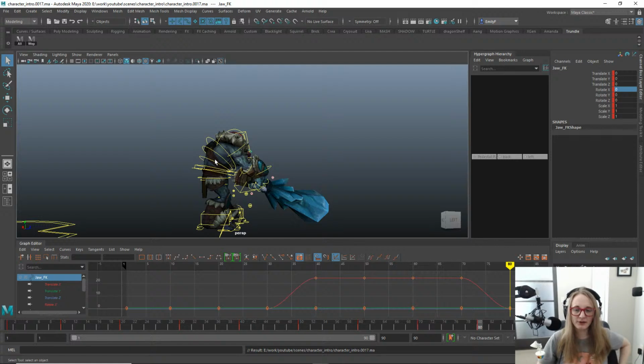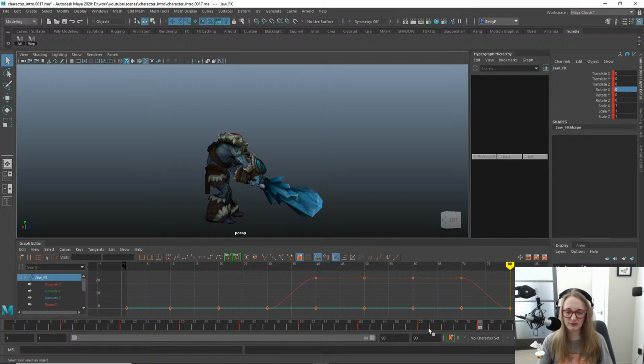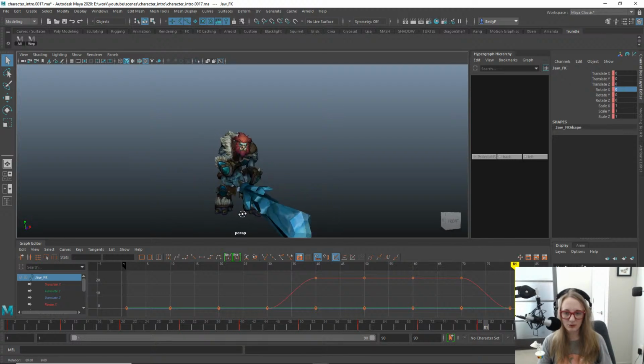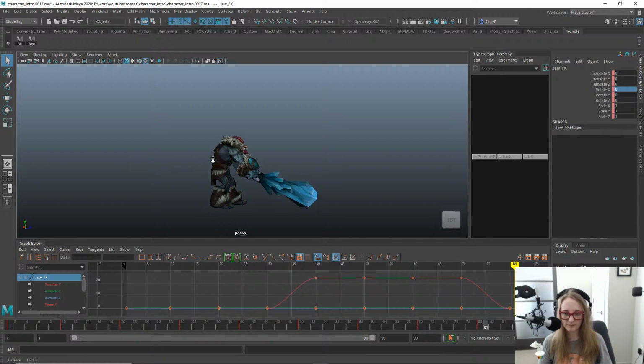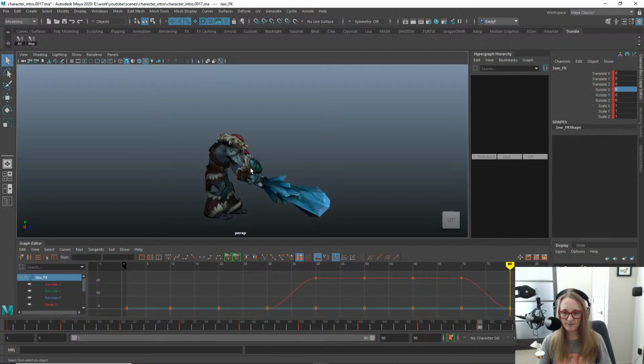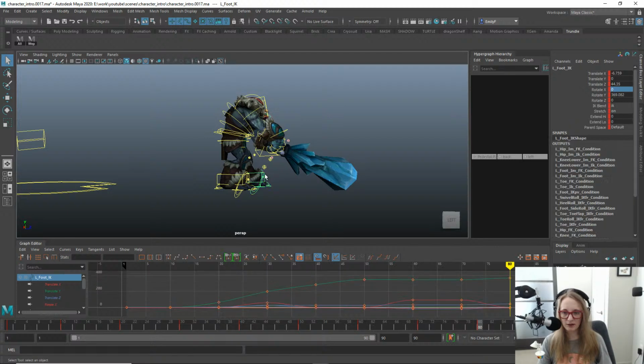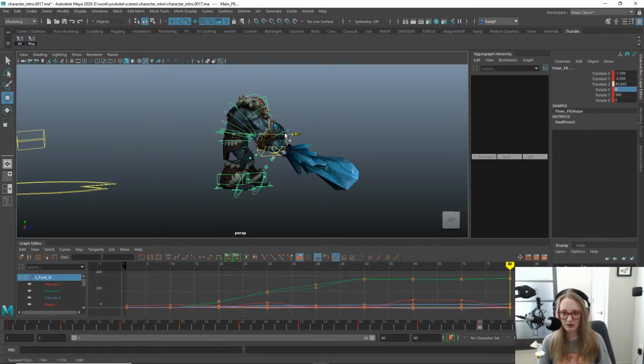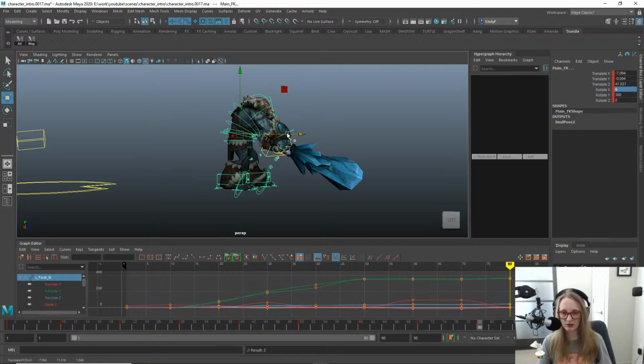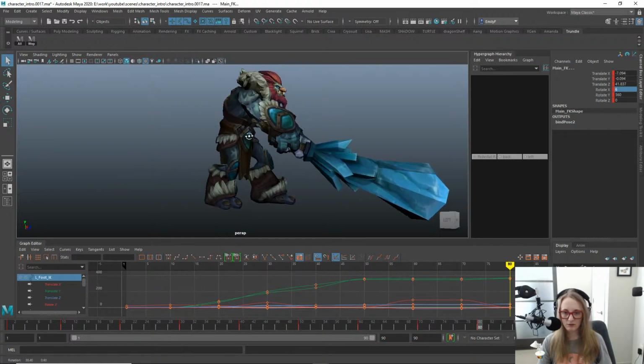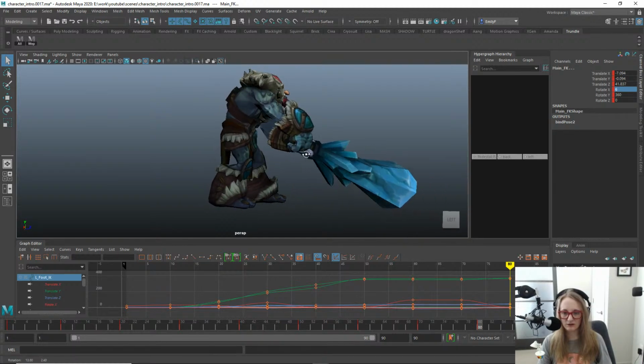Man, I don't know that I'm gonna get quite done with my blocking in the next 20 minutes. I suppose I had a bit of a late start because of all the issues I was encountering with this rig, but we're pretty close with the blocking being done. I think he needs to step into it just a little more. Again, it's kind of challenging because we don't have this mace stuck to the ground just yet, but